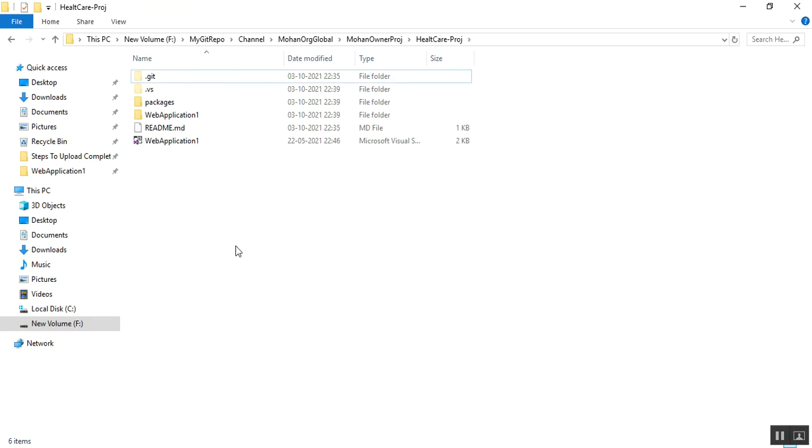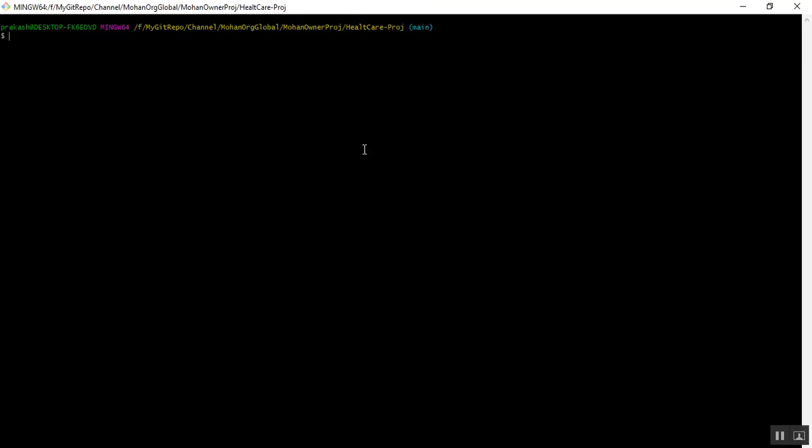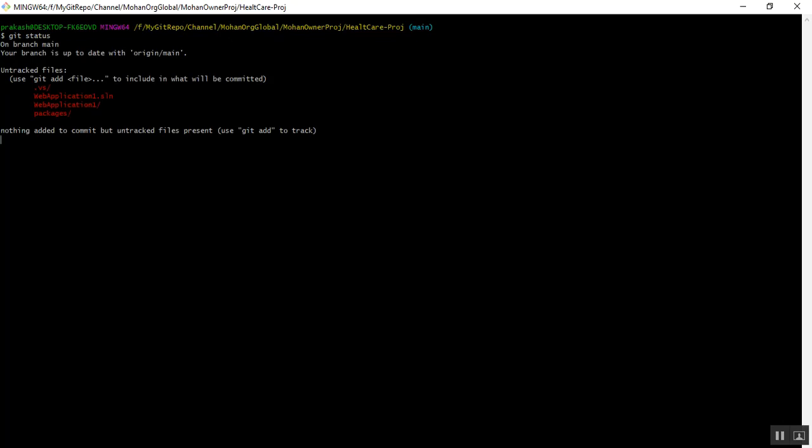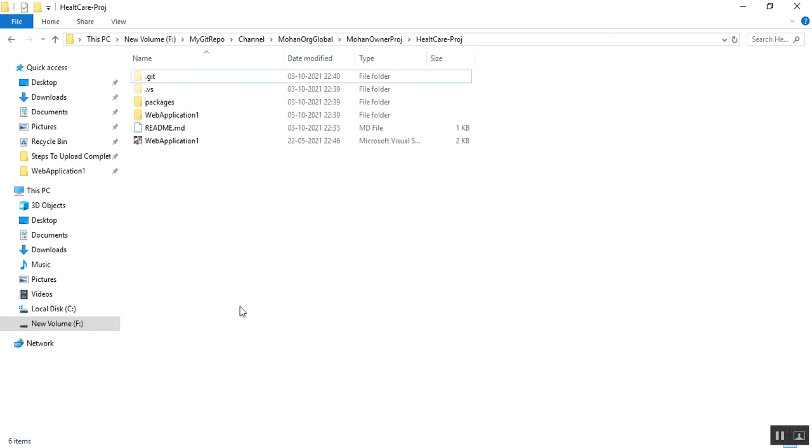So step number 8 is I need to check the status of Git with updated files and folders using Git bash here. So I open this one, and I mention here git status. Alright, so we can see that there are some files which have not been checked yet. So this one is .vs folder, web application 1.sln, web application 1 folder, and packages folder. That means all these files whatever were copied are not available in my staging area, so that in git